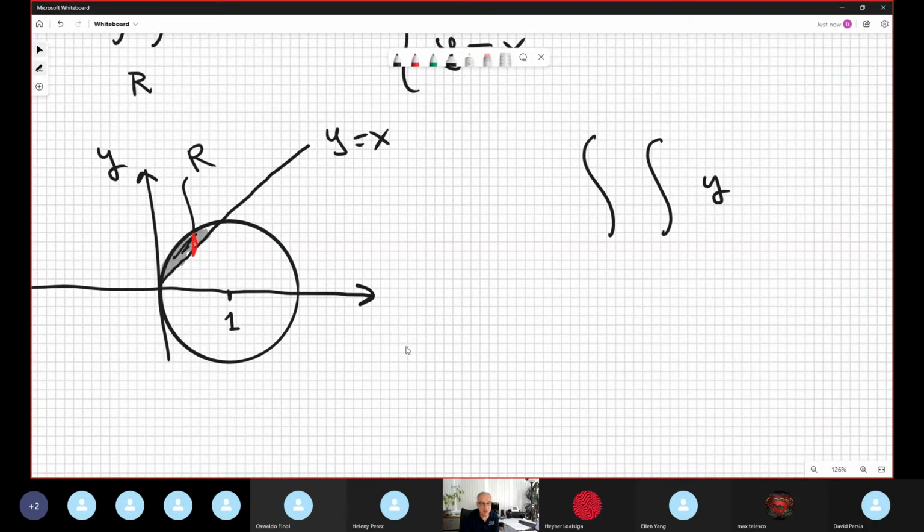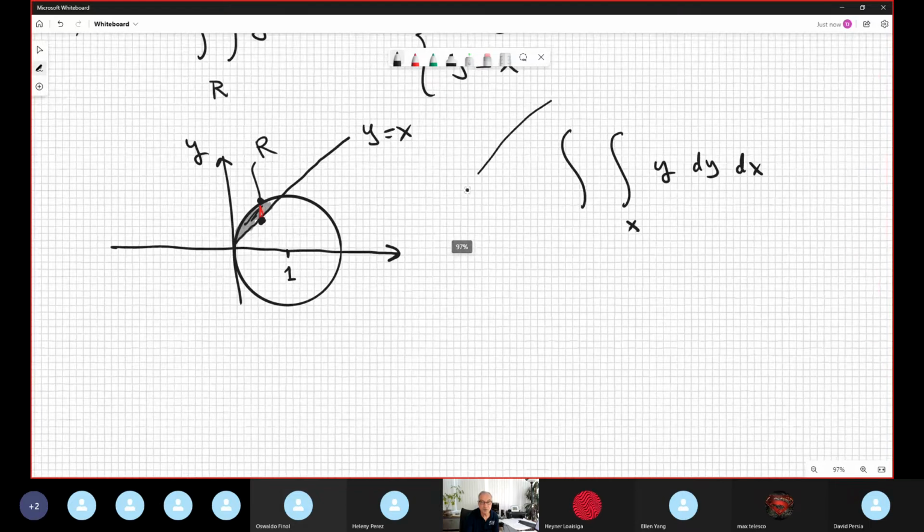I go, okay, this is the y dy, and the first direction of the integration is dy, and the second is dx. I go from the y of the line to the y of the circle. And the y of the line is x, because y is equal to x. And the y of the circle,